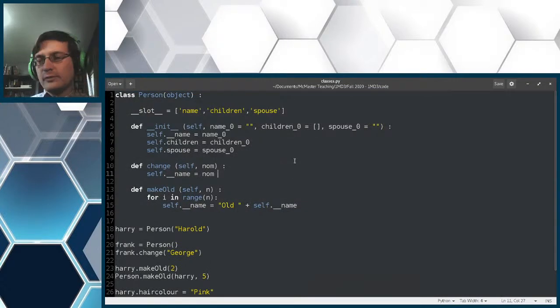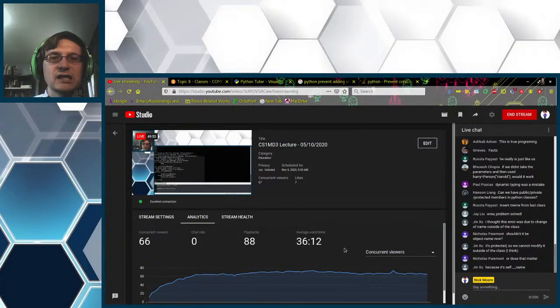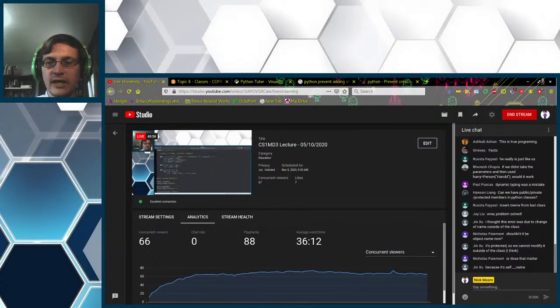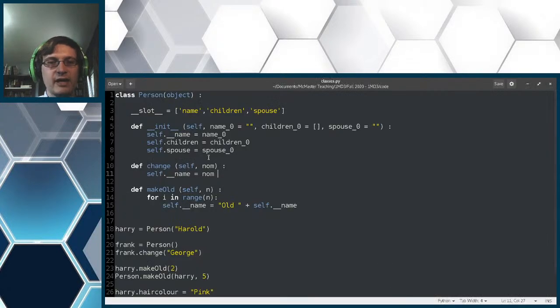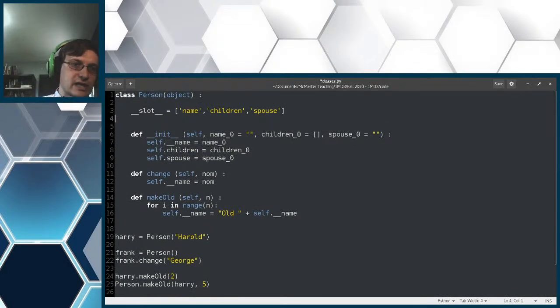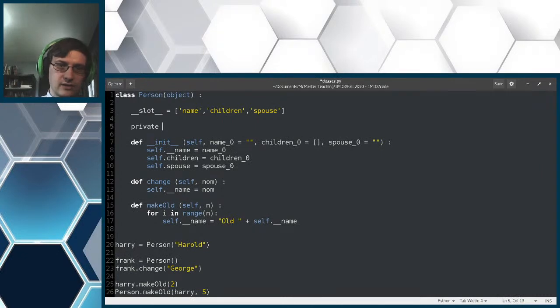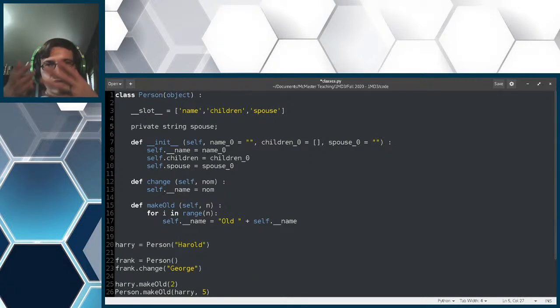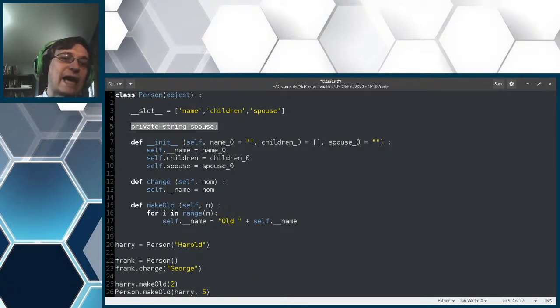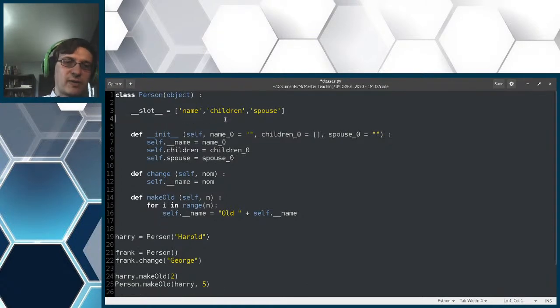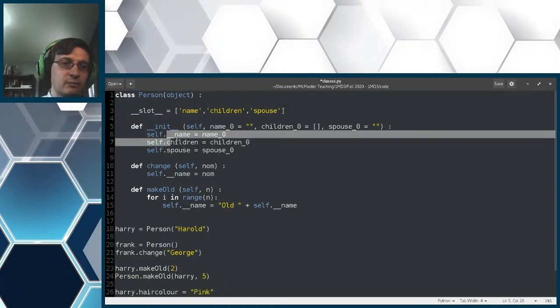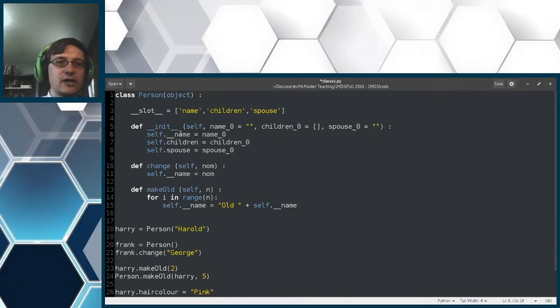Relative to other programming languages, the manner in which Python handles classes is extremely ugly and clunky and terrible, actually. In other programming languages, in order to make a variable private or protected, all you'd have to do is say something like private spouse, or private string spouse. You would tag it as being private at the front, but because Python is Python, you actually have to put the double underscores in every single place the variable name is used,